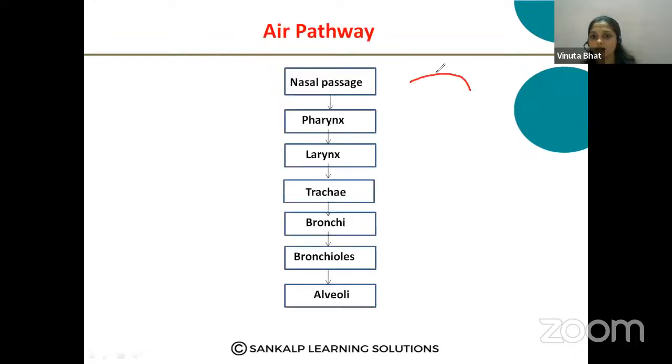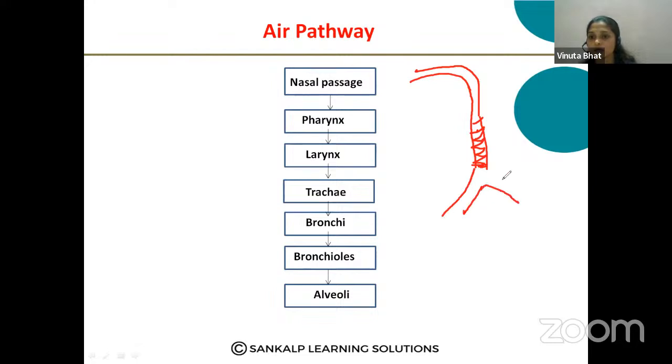So that is the nasal passage. Then it enters into the pharynx and the larynx region. Okay, so just nasal passage, pharynx region and the larynx. Then this is the trachea, which is covered by cartilaginous rings. So this is the trachea, and this trachea